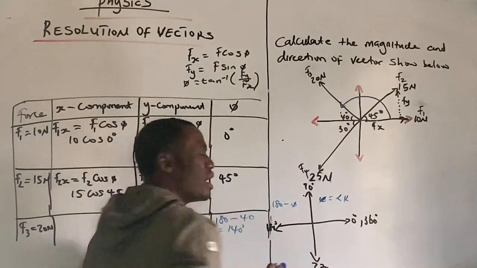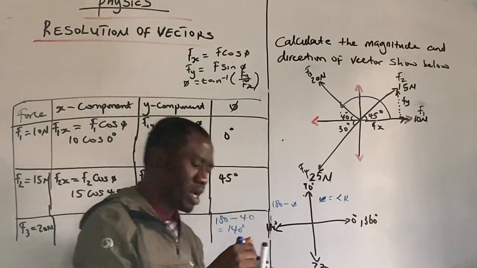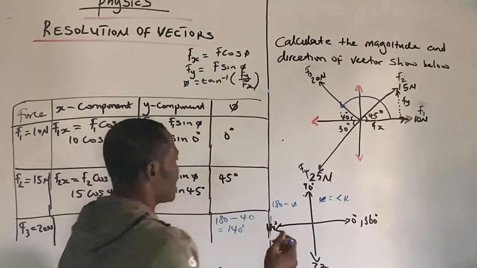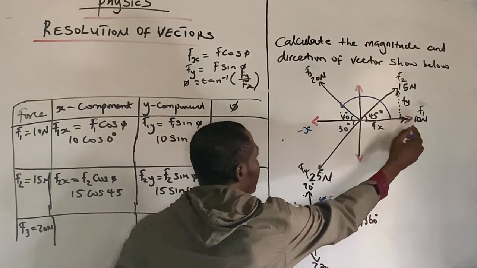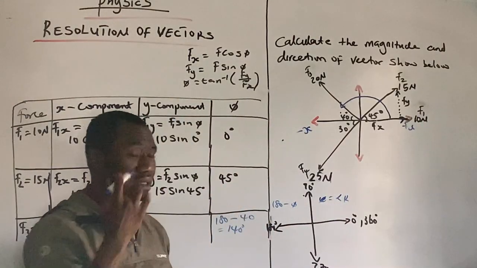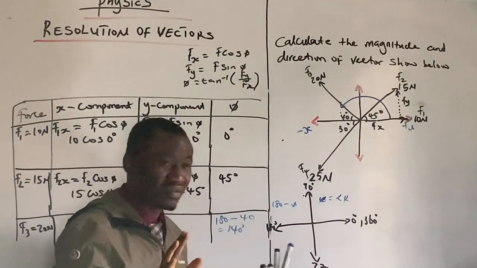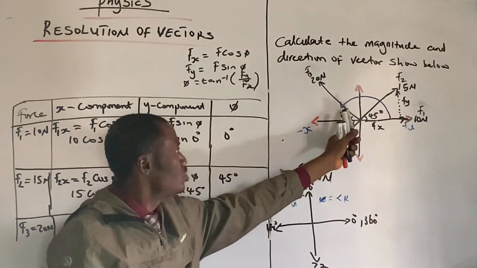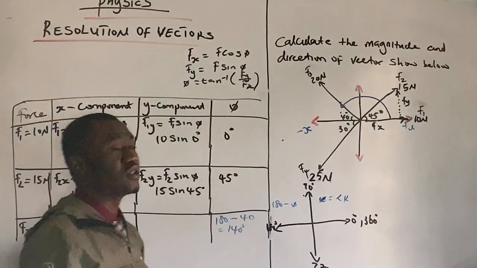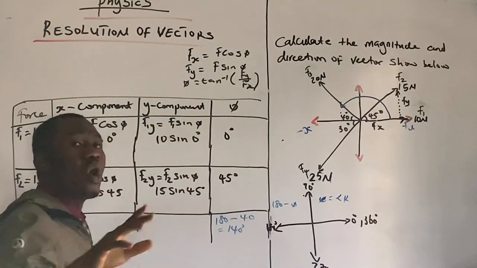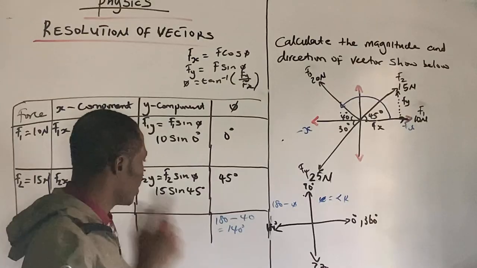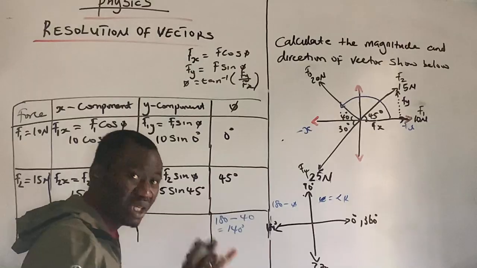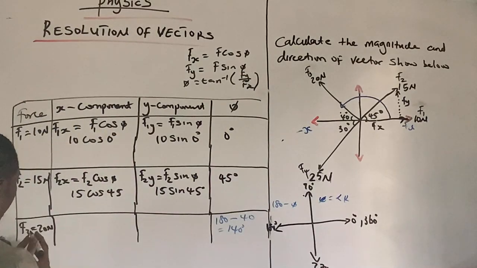So the reference angle is 40. There are some persons that want to say minus 40 degrees because it's towards the negative x-axis. This is negative x-axis. This is positive x-axis. But you can actually save yourself the time by saying the relative angle from the positive x-axis to this point is 180 minus 40, you get your 140. In fact, we'll have a video on angle of inclination and reference angle and stuff like that. So we're going to be using 140 degrees, and you can use minus 40 degrees if you want to. So we have the F3 will be